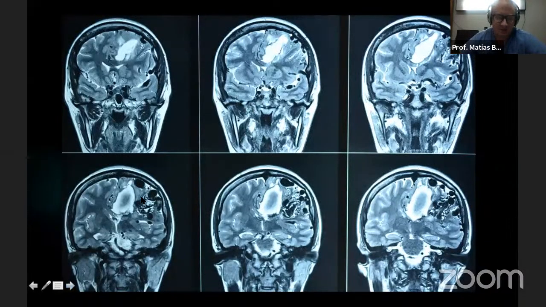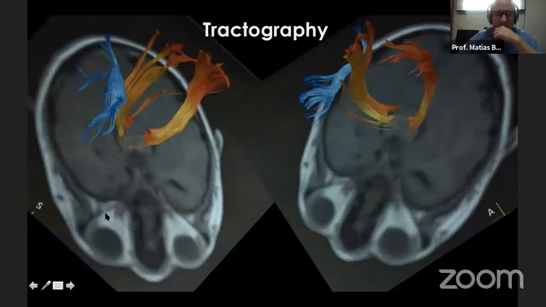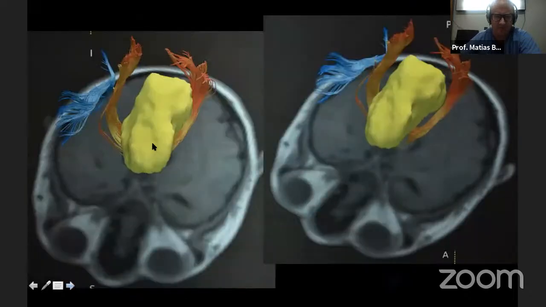In the coronal section we can observe exactly the same: the compact nidus, medially the blood clot. In this patient we decided to perform a tractography in the preoperative period, and we observed that the corticospinal tract was displaced medially to the blood clot. Here we can observe that the blood clot is medial to the